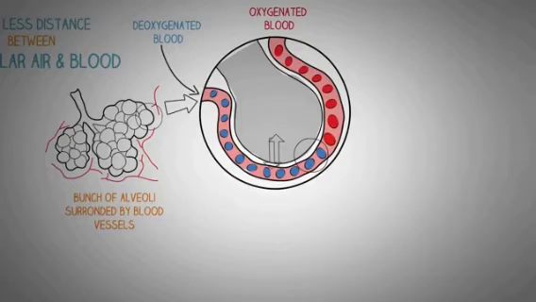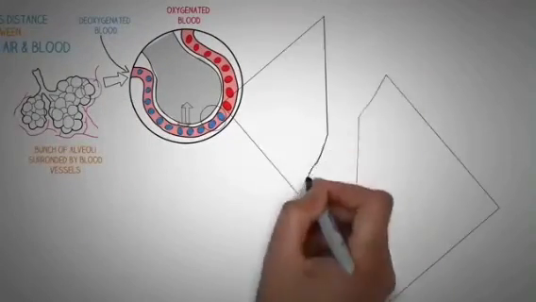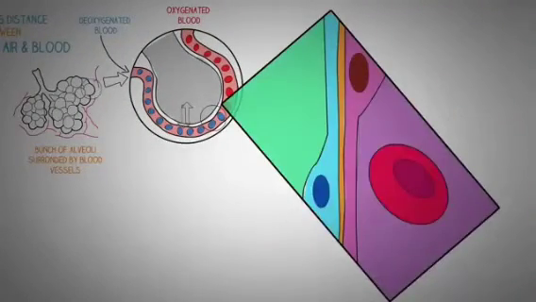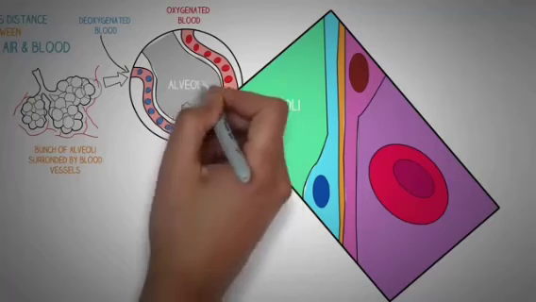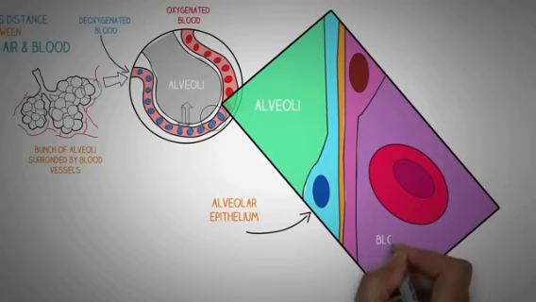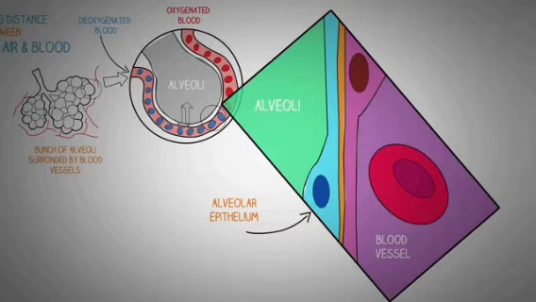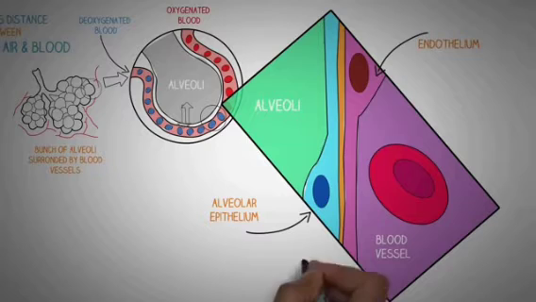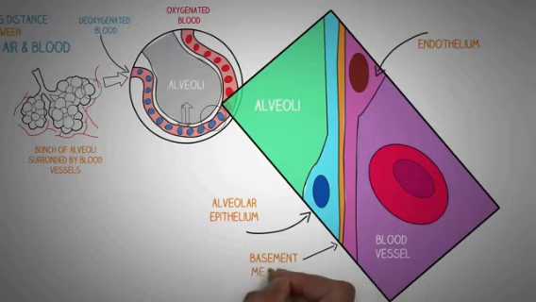Oxygenated blood travels from the lungs through the pulmonary veins and into the left side of the heart, which pumps the blood to the rest of the body. Oxygen-deficient, carbon dioxide-rich blood returns to the right side of the heart through two large veins, the superior vena cava and the inferior vena cava. Then the blood is pumped through the pulmonary artery to the lungs, where it picks up oxygen and releases carbon